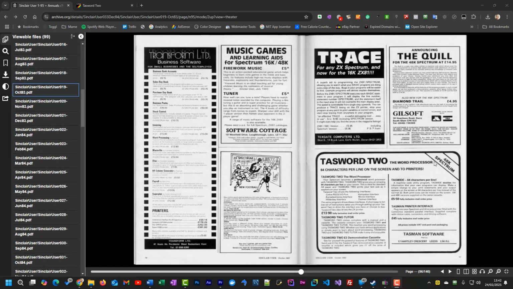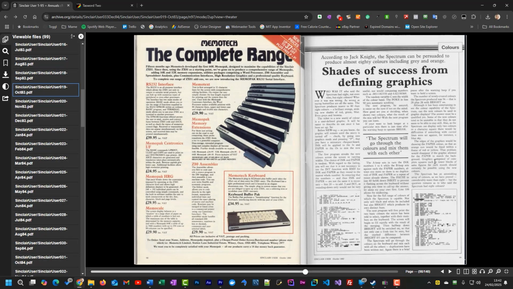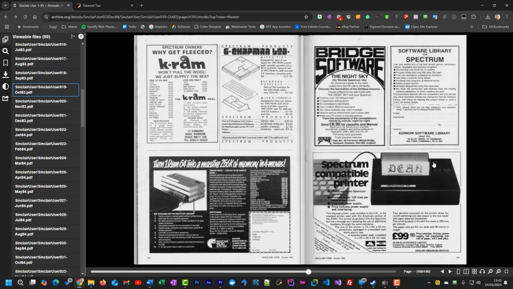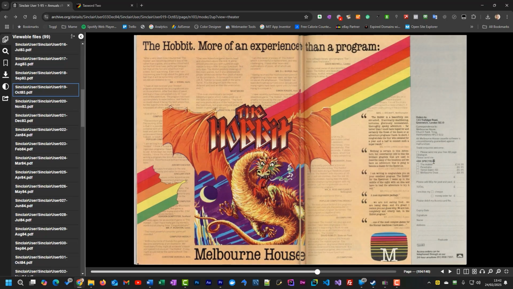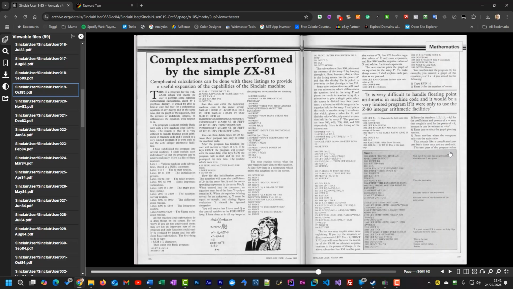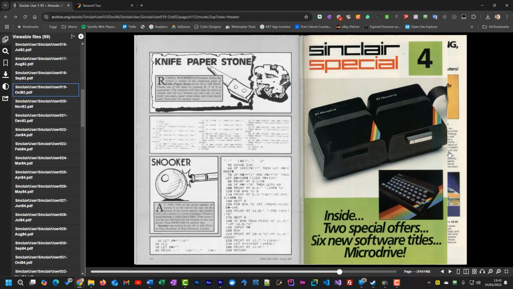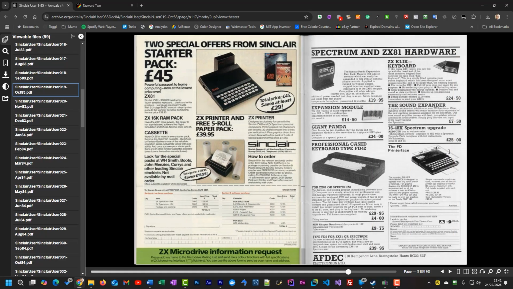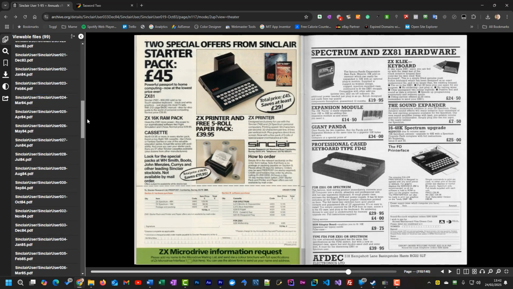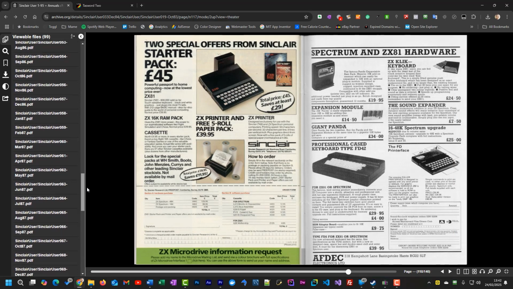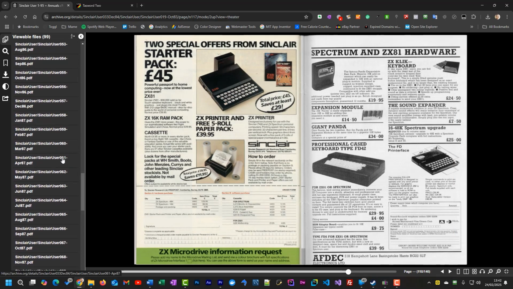So hopefully you can see then that this magazine really is giving us a real snapshot of home computing in this October 1983. As you work through, you'll start to see some of the more famous titles starting to come out, like The Hobbit, obviously here, and other bits and pieces. Now, one of the great things you can do here is, of course, we're looking at this 1983 one. If we fast forward to near the end of the Spectrum era, up in 1987,